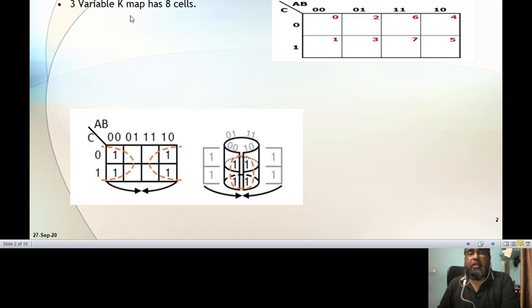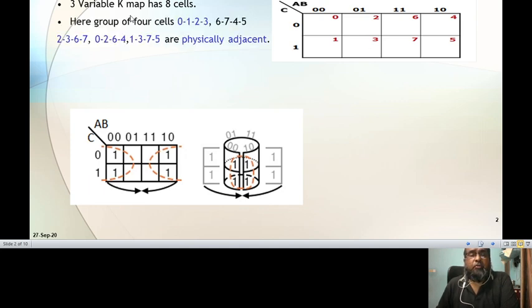Normally it is organized like 2 rows and 4 columns. A, B are the columns and C the rows. So here the adjacent cells are there, 4 adjacent cells. Cell number 0, 2, 6, 4, then 1, 3, 7, 5 are adjacent, even 0, 2, 1, 3 are adjacent, then 2, 6, 3, 7 are adjacent, 6, 4, 7, 5 are adjacent, and even logically the cells